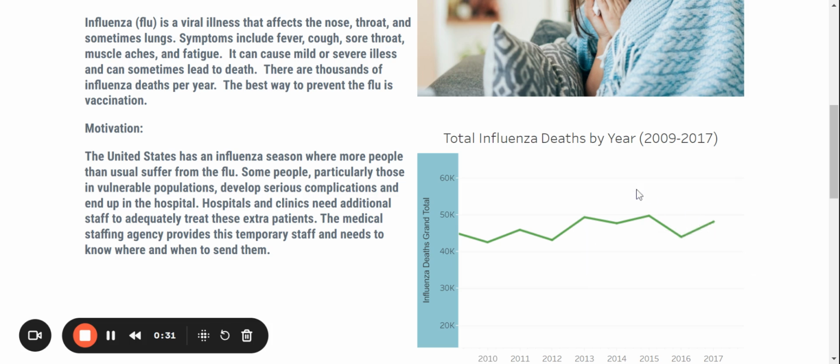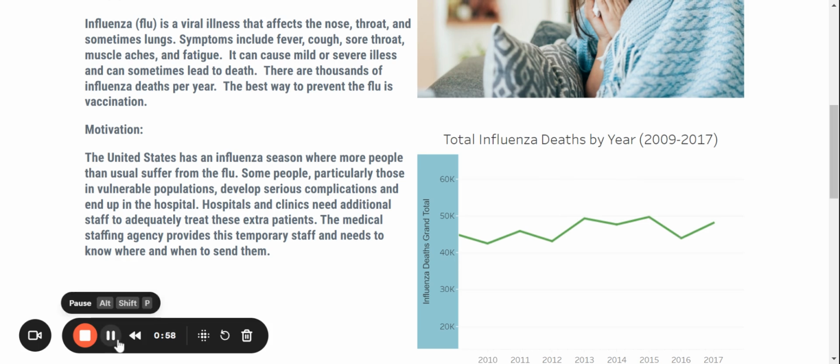The best way to prevent the flu is by vaccination. In the United States, there is a season when more people suffer from the flu than usual. Some people, particularly those in vulnerable populations, become hospitalized. Hospitals and clinics need additional staff to treat these patients. The goal of this project is to determine for a medical staffing agency when and where to send this additional